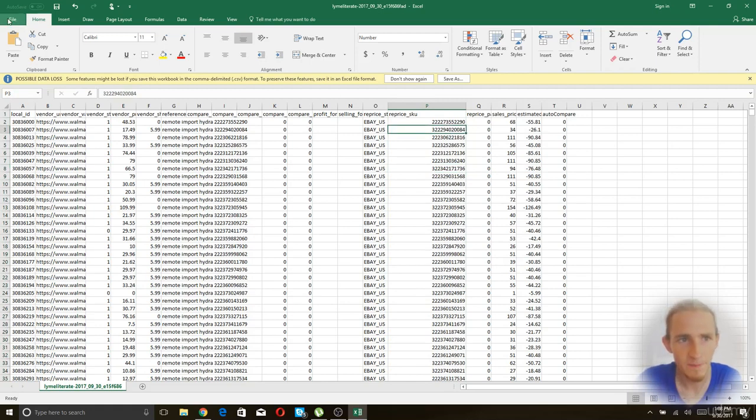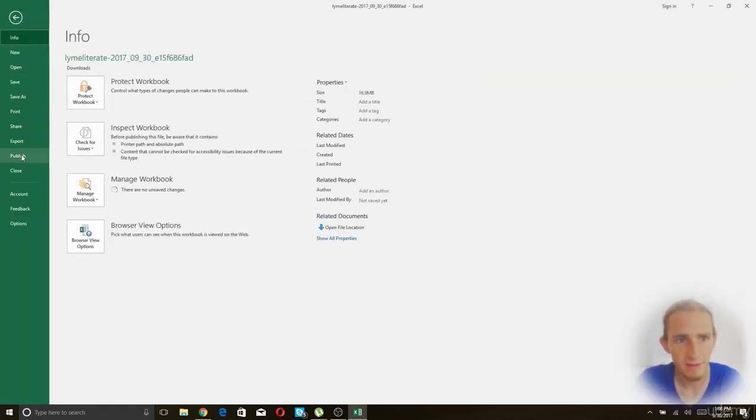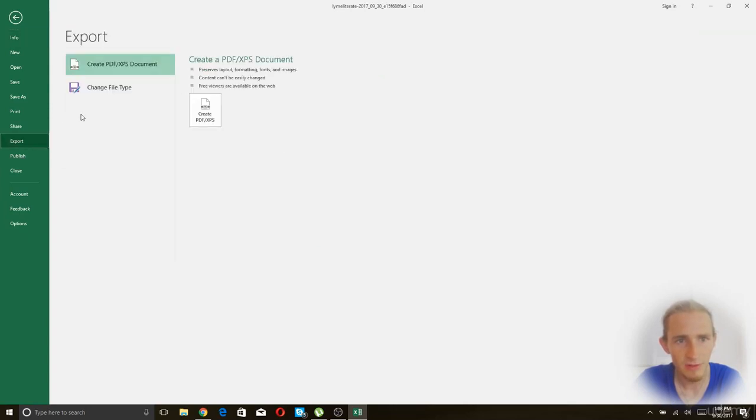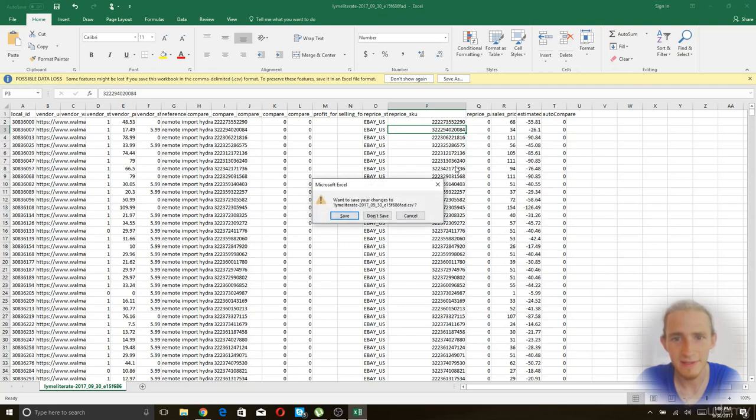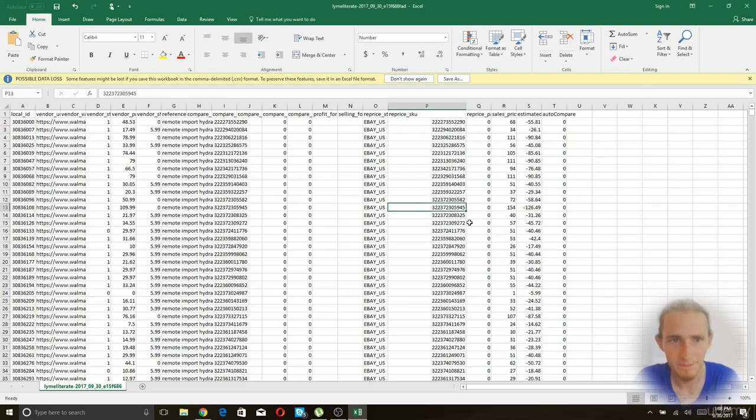So make sure that you always click File and then Export and then change file type and then CSV and then click Save As. If you just save it as an Excel file, it can screw everything up. So be careful. But that being said, let's explore